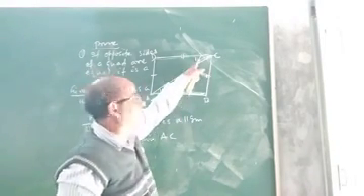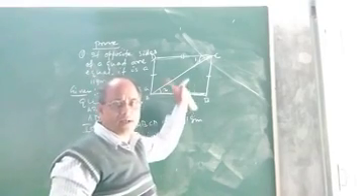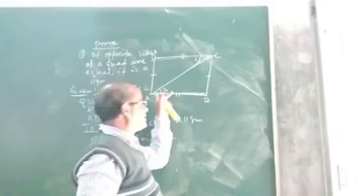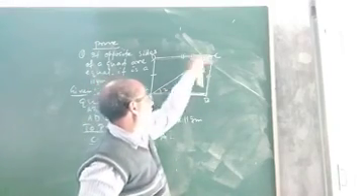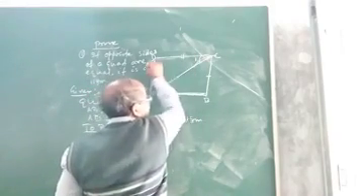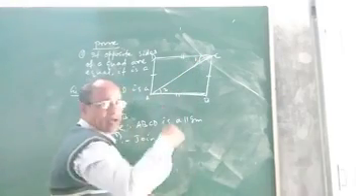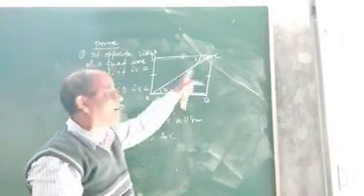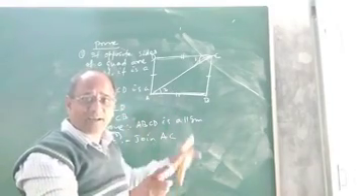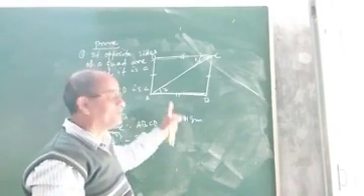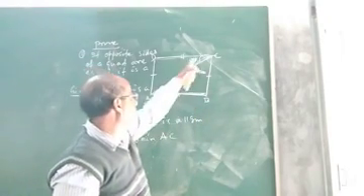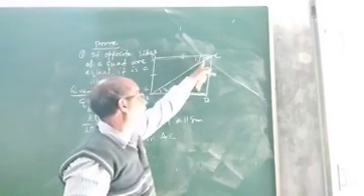The reason is that angle 1 and angle 2 form a pair of alternate interior angles with transversal AC joining AB and CD. Look, AC is the transversal, it joins AB and DC. And angle 1 and 2 are alternate interior because they are on the alternate sides of the transversal. So when a pair of alternate interior angles are equal, then the two lines are parallel.